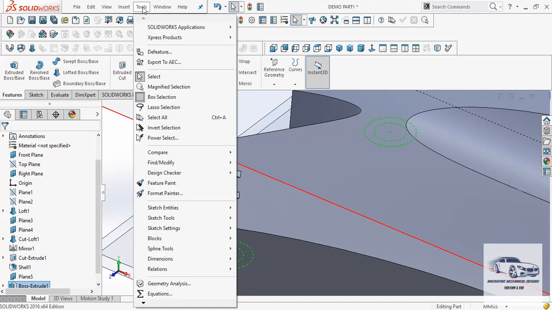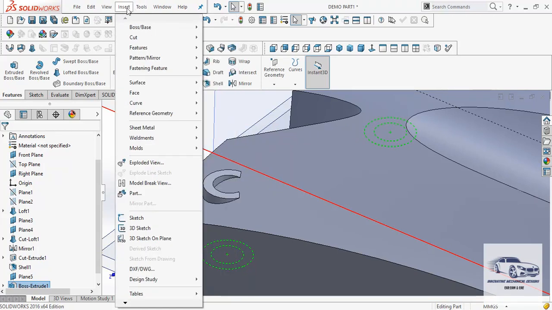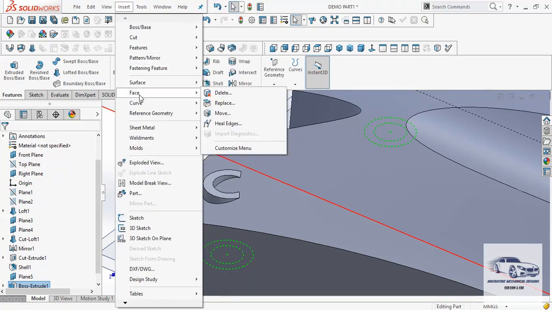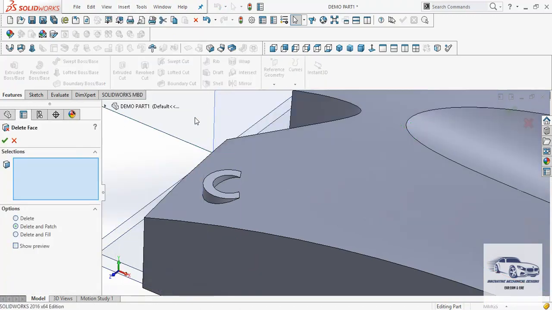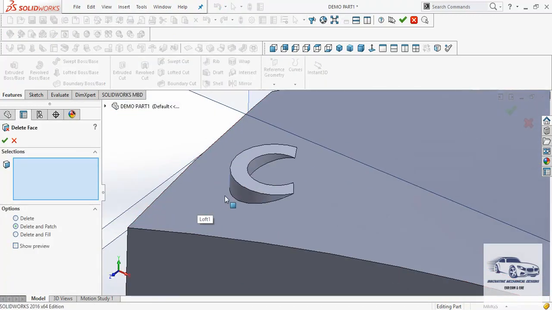So for this particular case, we can go to face option and delete faces. This is a very useful option for deleting the unwanted surfaces.